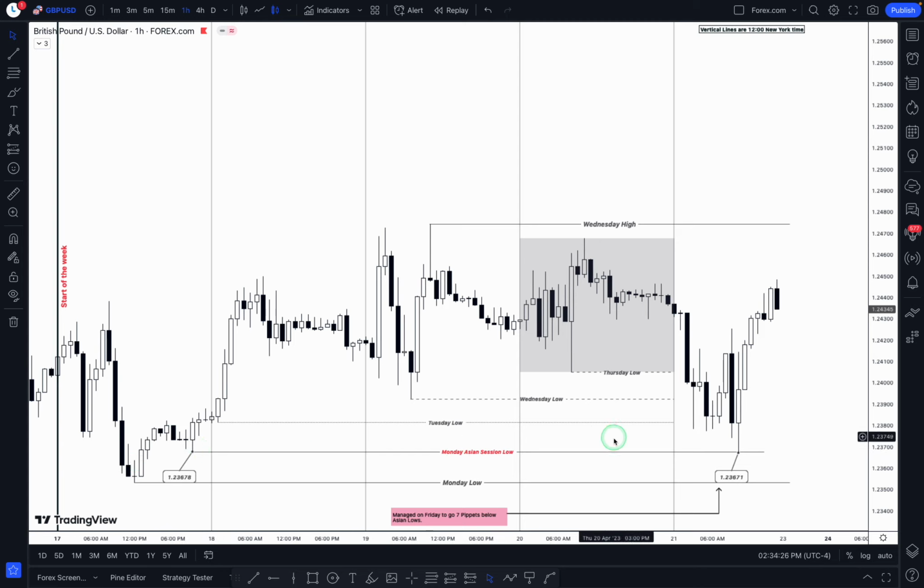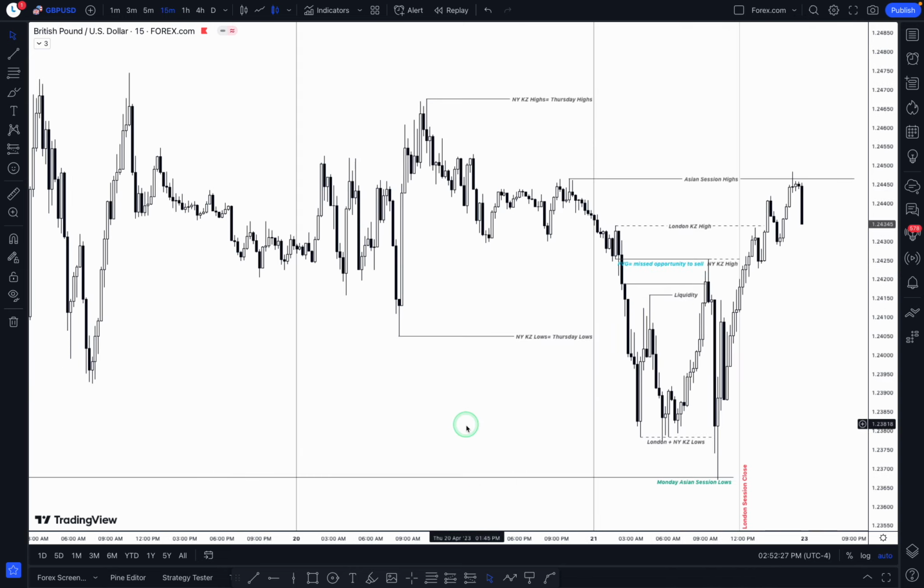When liquidity is taken from all these lows, price would gravitate towards the session daily highs and session daily lows. See, you have taken all those liquidities, and it will just gravitate towards the highs of the day or the Asian session high. The time frame for me to identify session highs and lows where liquidity resides is the 15-minute. As you can see, not only did we tap into the Monday Asian session lows, but we also went below the London and New York kill zone lows.